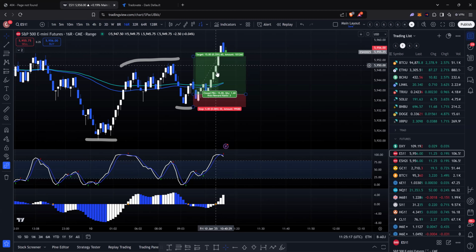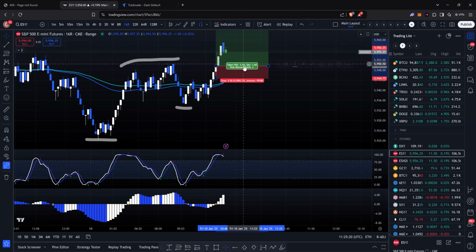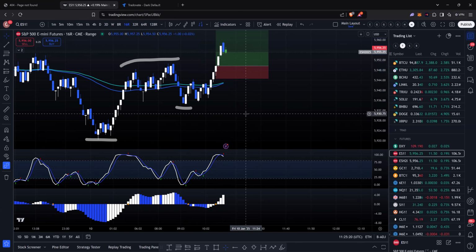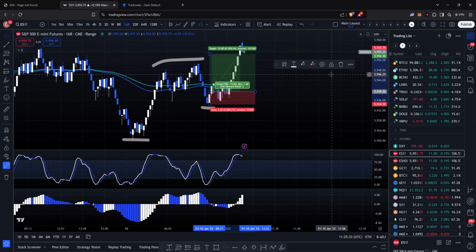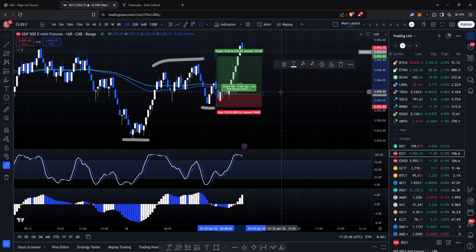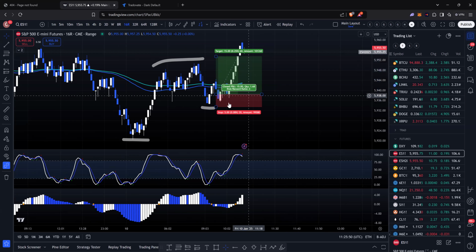We got a positive AO cross here, so I could have either added or re-entered, but I was already in a decent sized position that was about what I was feeling like taking this morning, so I'm fairly happy with it. It was just one ES contract that I ended up taking as far as sizing. So 20 ticks of risk, 60 ticks of profit. Every tick on the ES is $12.50. So $750 of profit just based on this insomnia, kind of lucky play out trade.